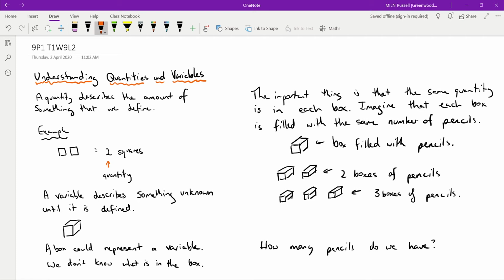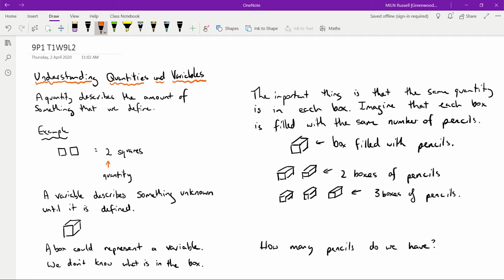So here I have 2 squares. The number 2 is the quantity. Squares describes what it is that we're quantifying. A variable describes something that we don't know until it is defined. So this box here could represent a variable. We don't know what's in the box, we don't know the quantity in the box, we just know it's a